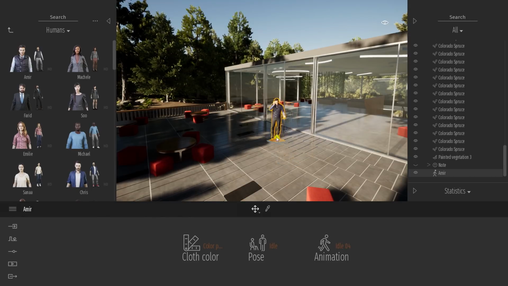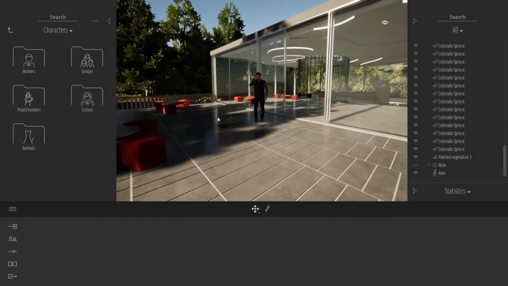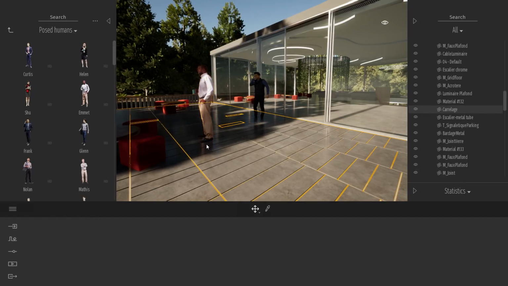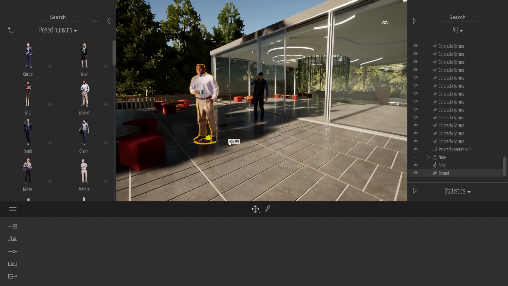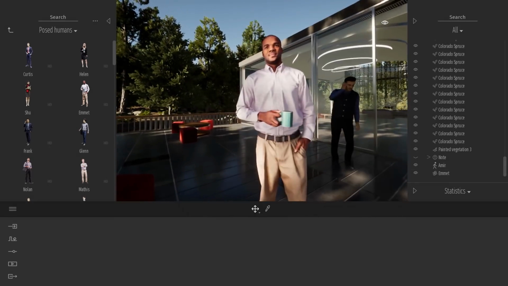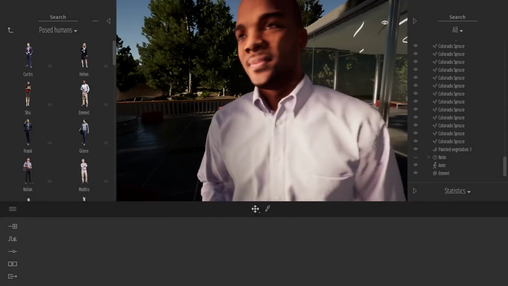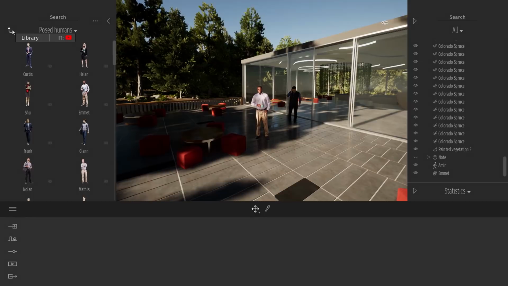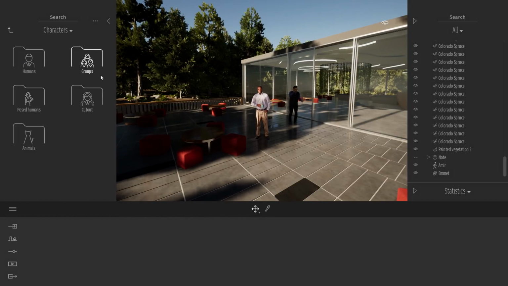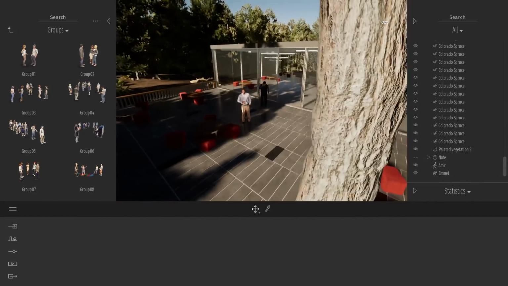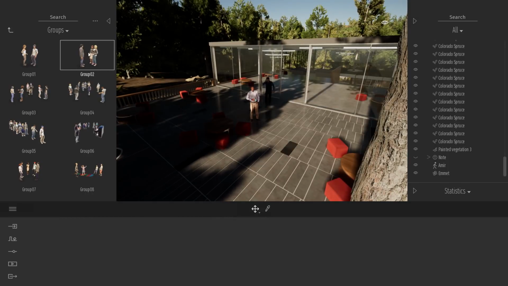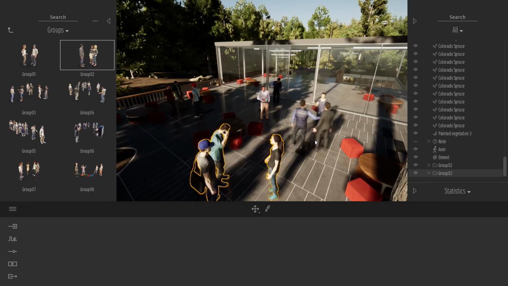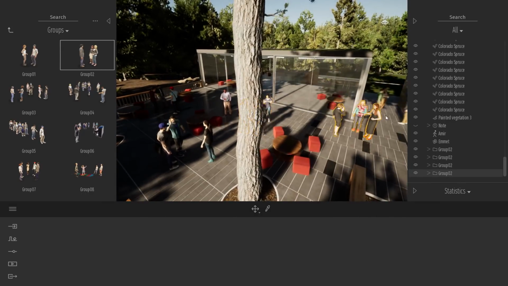So we have all those 3D animated characters that are real photoscan data. Then we have some ready pose characters that are also photoscan data, so they are really, really highly detailed. So you can drag and drop characters one at a time like that, but in Twinmotion, to add characters a bit quicker, we also have some groups. So if I select this group of 3 characters, each time I click in the viewport, Twinmotion will randomize the 3 characters, so hopefully you won't see any repetition.